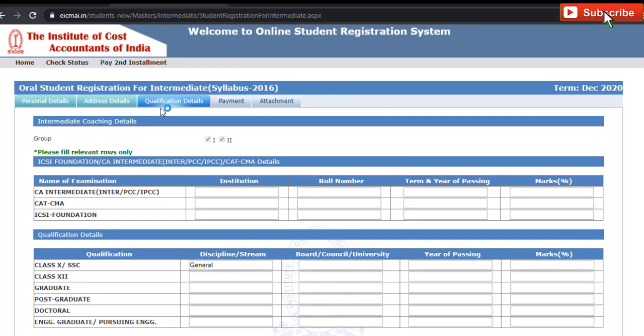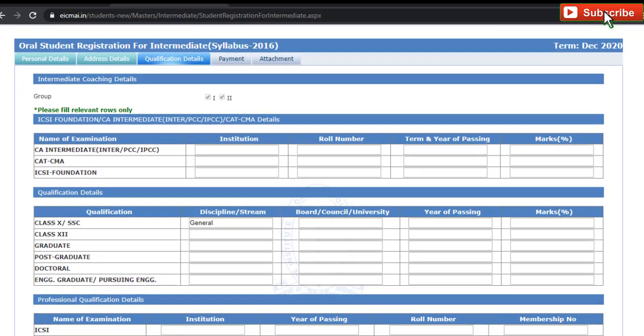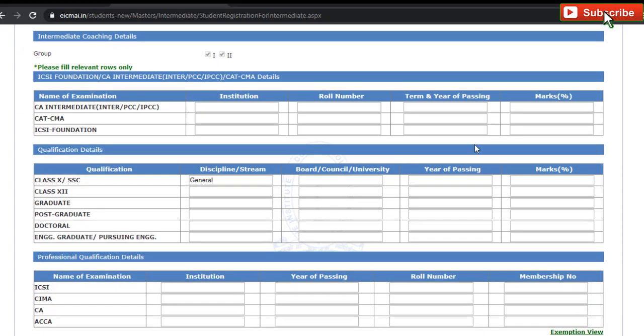Now you have to fill in your qualification details. Here by default group 1 and 2 will be selected, because you cannot register in only a single group. You have to register in both groups simultaneously. So if you have passed ICSI Foundation or CA Intermediate, then you have to fill in your details here.